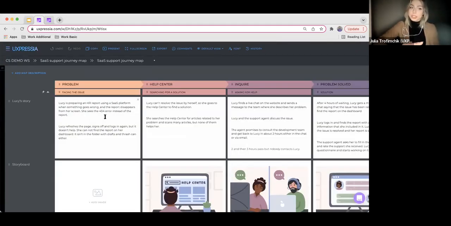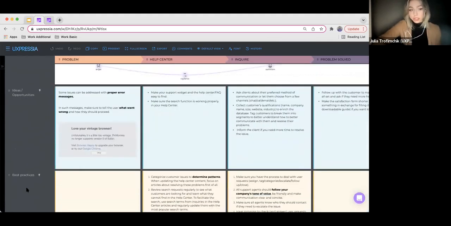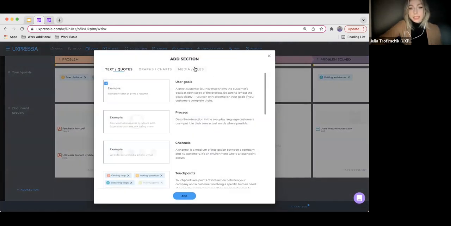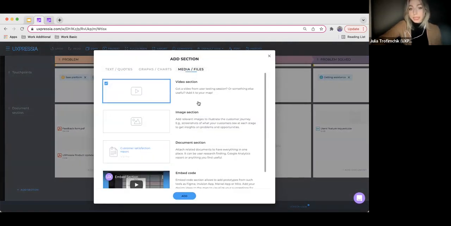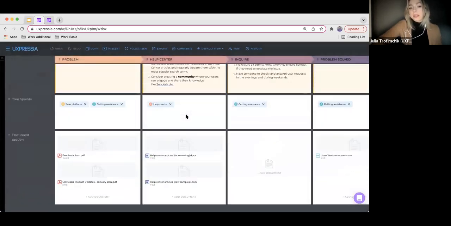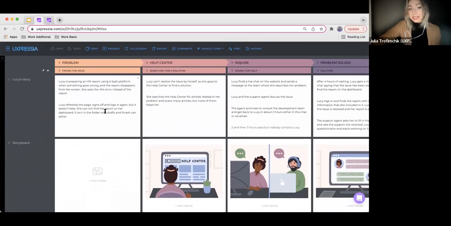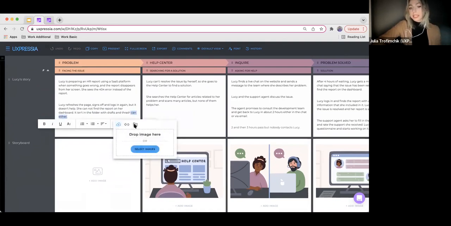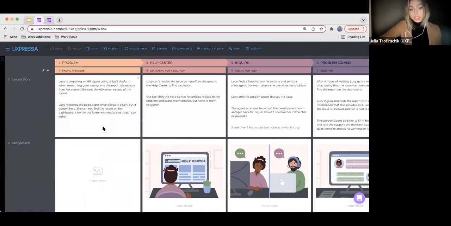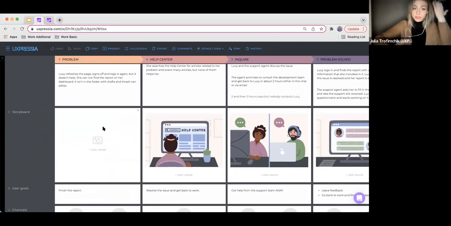Here, there are several options. We have a specific section for adding images called image section, very simple. You can find it in the section menu, media and files right here, but that's not the only option. You can actually add images in any text-based section just by highlighting the text in the cell and selecting the options that you need. So let me just show you which are these options on adding images.